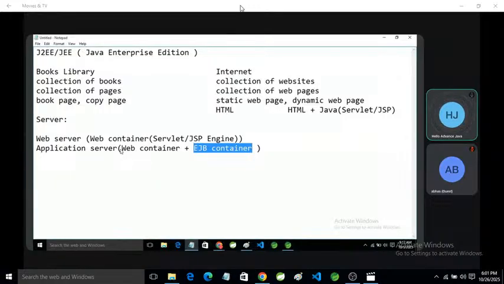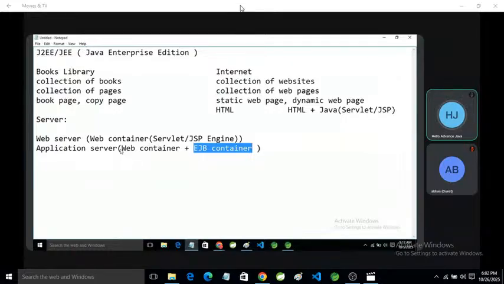Suppose you are getting different types of notifications on your mobile, and different types of mail on your Gmail account. This is possible with the help of an application server. Like suppose you are working in a company, so the company provides you a company ID. Suppose I belong to CTS, so cognizant.com. We have a website, sorry, ID.